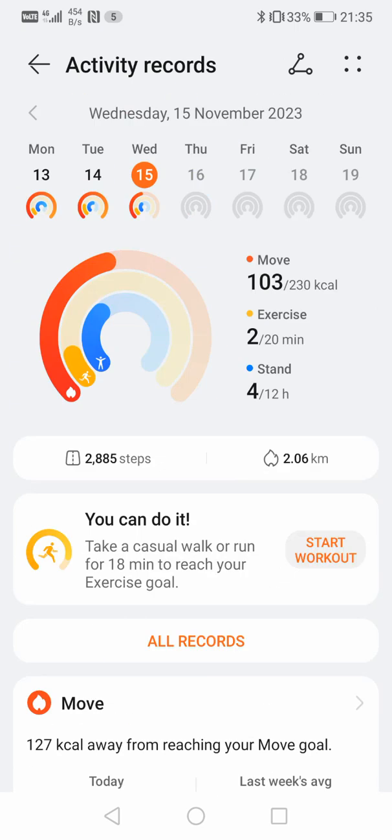So that's it. In the right top, I have two buttons. One is the share button